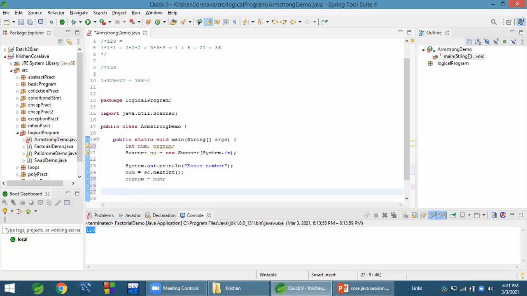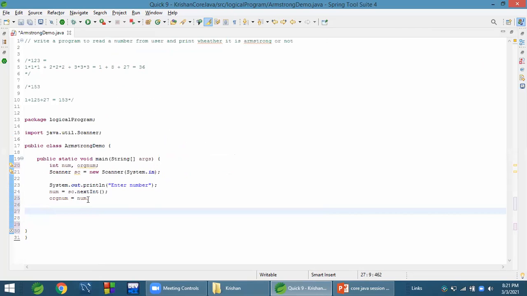Now separate the digits. Can anyone tell what to do here? Let's get the first digit by taking mod of it. Yeah, it's mod. Good, correct.